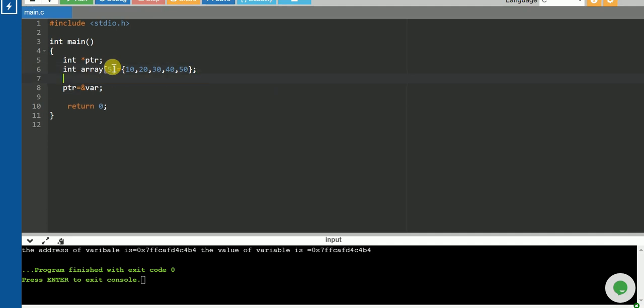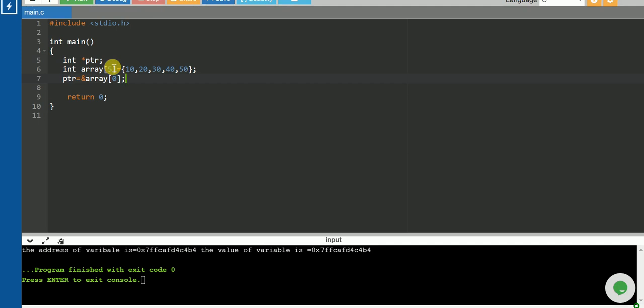Next step is we need to make the pointer ptr point to the array. So I will point the pointer to the address of the array, that is the first address of the array.